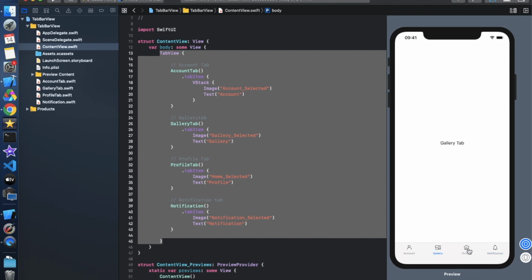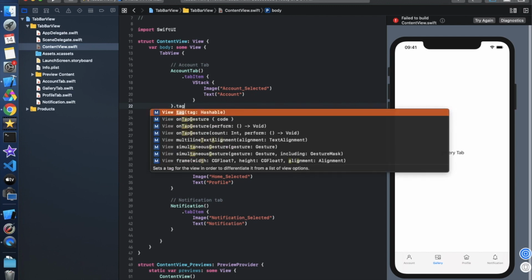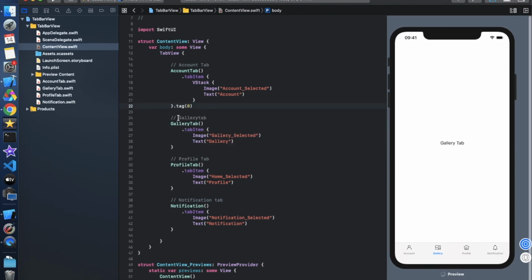So for changing the images, we have to use both the images, and we have to create one binding property over here, so that whenever we change any tab, that binding property changes and the images change according to that binding property. And we also need to add one more thing, that is a tag value, to every tab. So this is a tab item, and now we have to add a tag over here. So this is a tag, and this is a value of 0. So we have to add a tag for every tab which we have created.